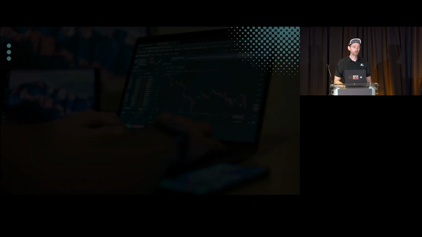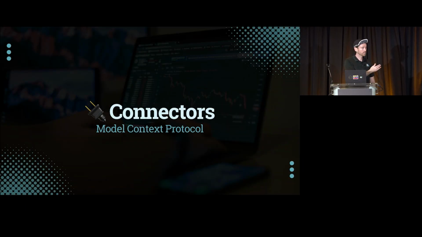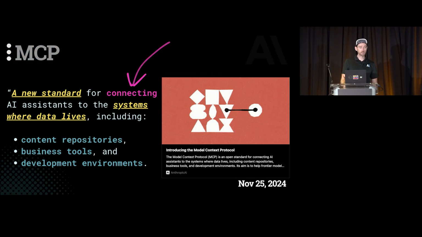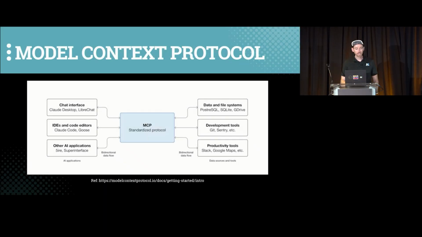We can just make sure that we're giving our apps access to the right information. And this is where connectors come in. This is where MCP comes in. You may have heard MCP. It's a thing. It's a standard for connecting AI assistants to the systems where data lives, content, tools, dev environments, connecting, right? It's about connecting. And this idea of connecting